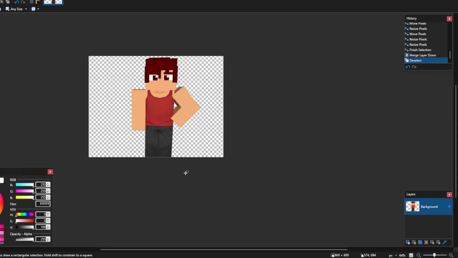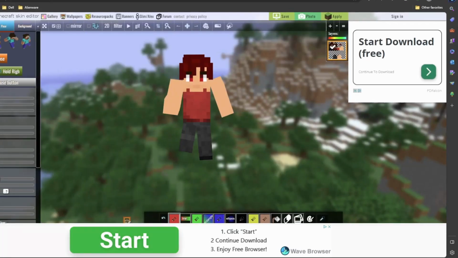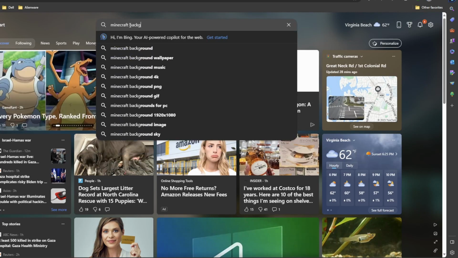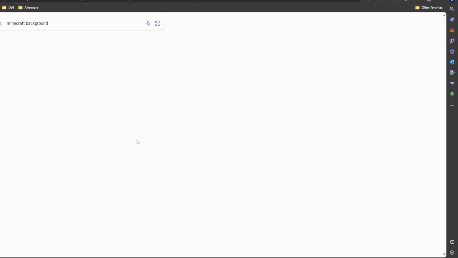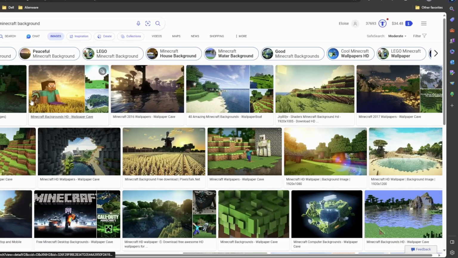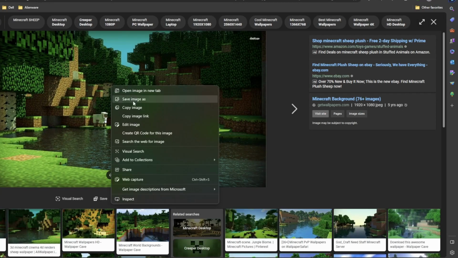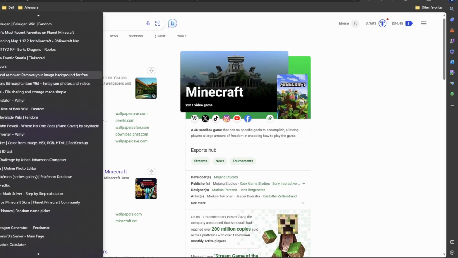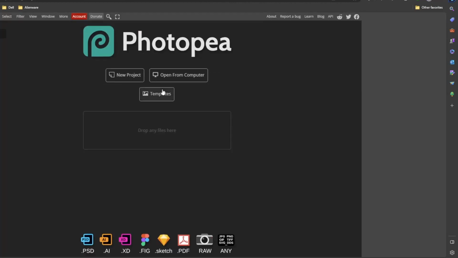you can just. I won't actually show you how to use Photopea because I'm not making a thumbnail, I guess. Actually, you know what? Screw it. So what you could do is find a Minecraft background, depending on the biome you're doing or whatever. So I'm gonna use this one. Copy image and then just ignore all this stuff. Go to Photopea and then